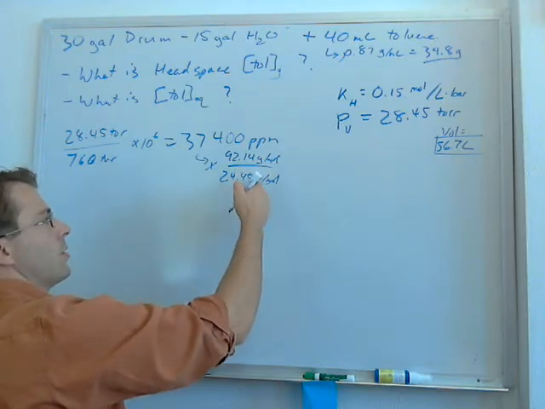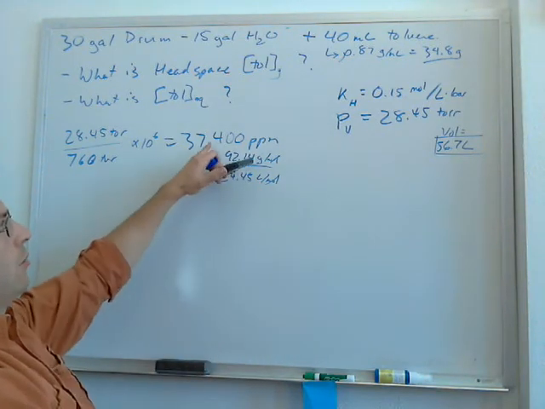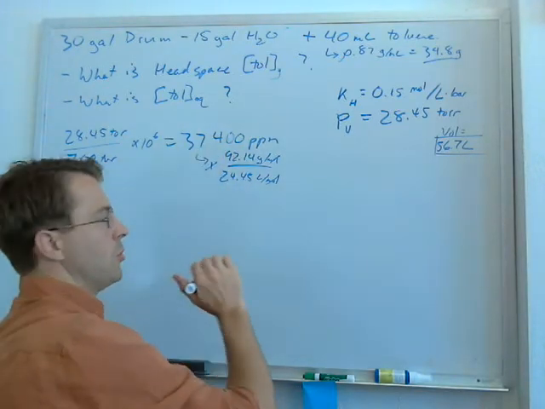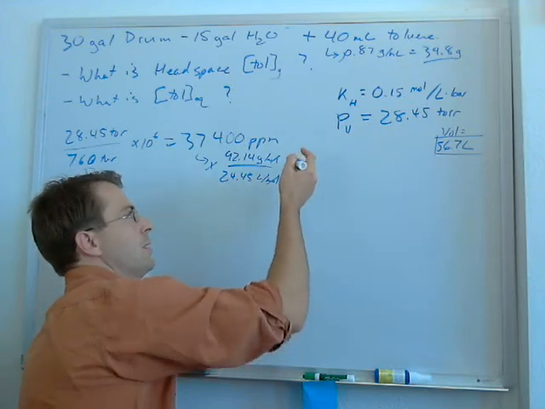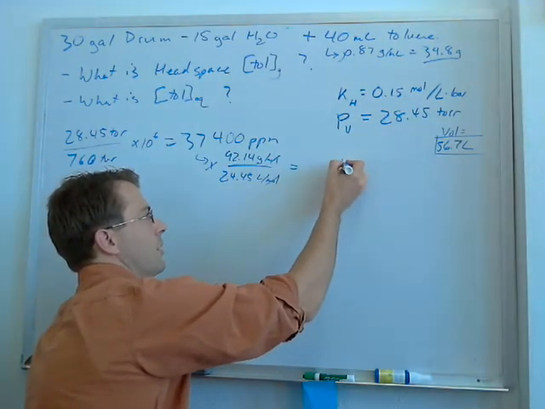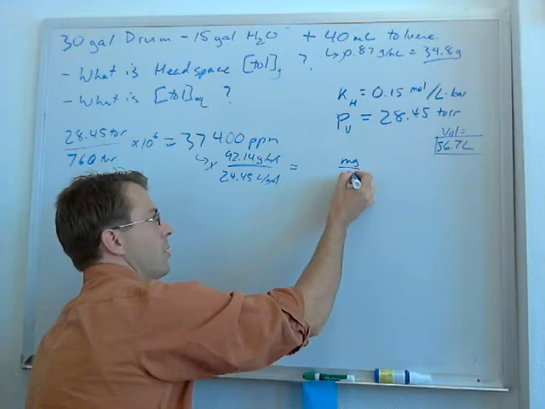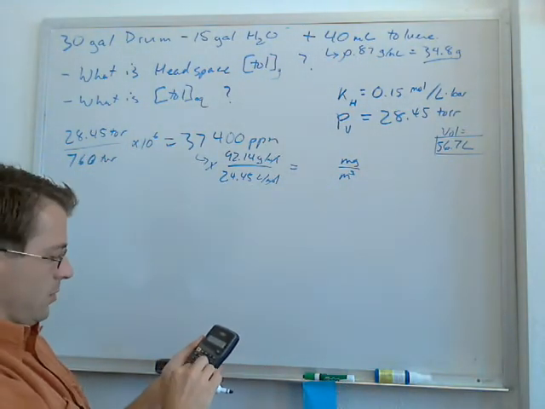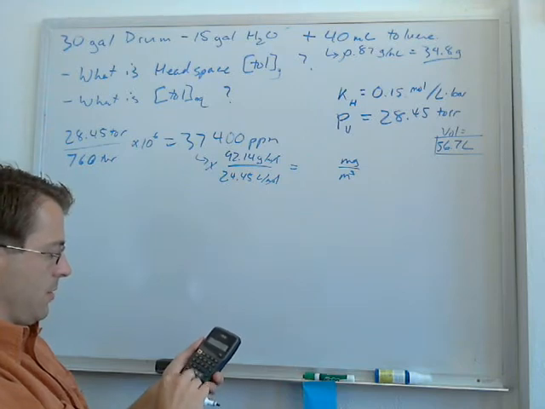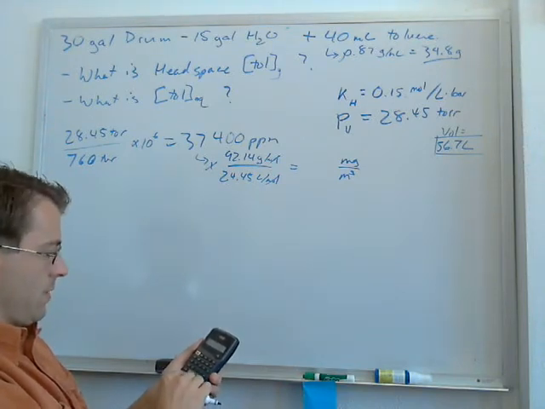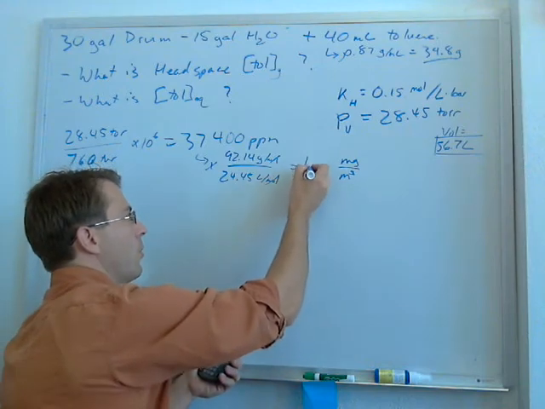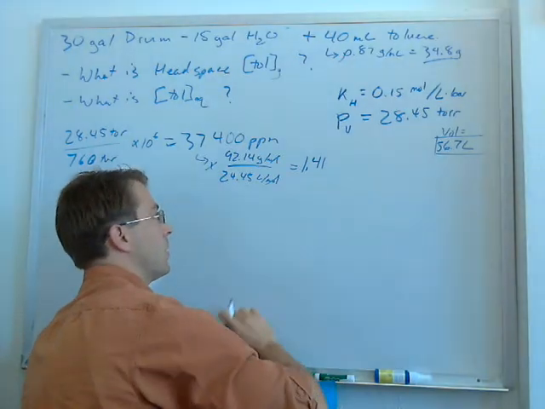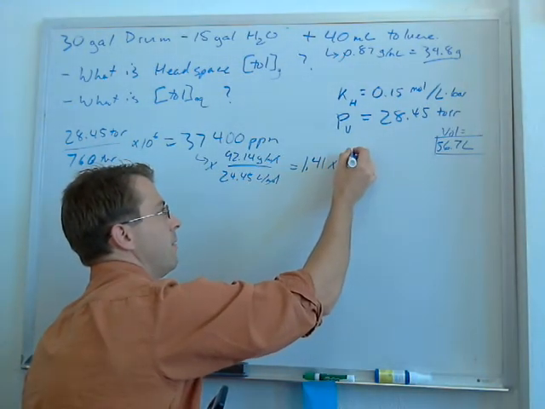So the moles cancel. The grams per liter end up working out when you do the conversions. They cancel out the parts per million. You have a million-fold difference. So anyways, this comes out to milligrams per cubic meter. And then I guess I can calculate that real quick. Times 92.14 divided by 24.45. Alright, so that's 1.41 times 10 to the 5th